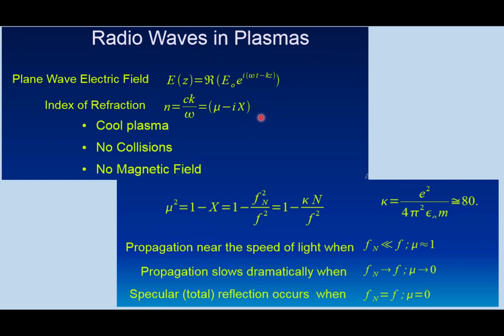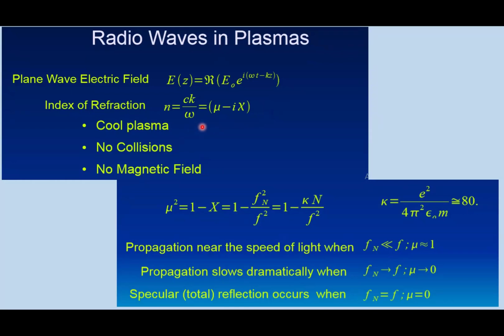But in a plasma medium like the ionosphere, the propagation velocity is less than c, and the ratio between the velocity in free space, that is c, and the velocity in the medium is known as the refractive index or the index of refraction, which is given here by the formula: